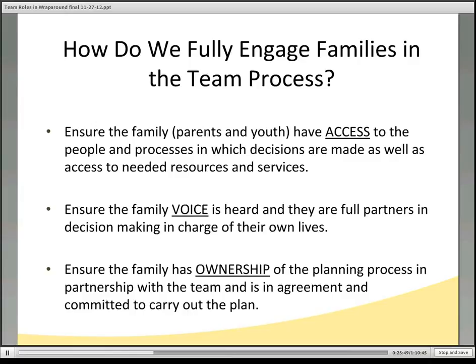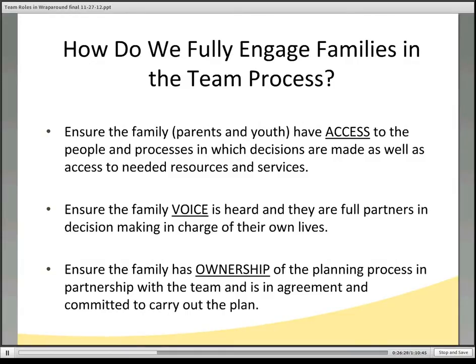access, voice, and ownership. So as I talk about this, I want you to think about that these are developmental. You start out with access. You start out with families having access from day one. It really occurs when the family, and that includes the parent and youth, are offered valid opportunities for inclusion in the process of deciding what sort of services will be provided to them and how they'll be delivered. In other words, family members have a seat at the table when the real work and planning